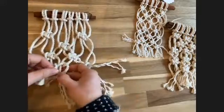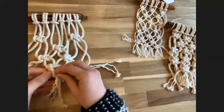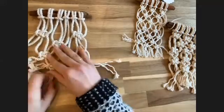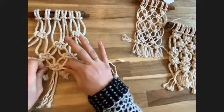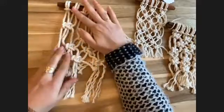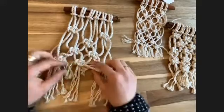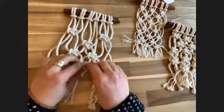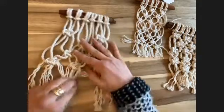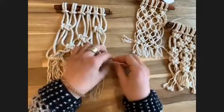And then the last thing we'll do is, as you're getting to the edge of your cord, again, if yours is a little longer, you can do another row of knots. You can adjust that spacing if you want. But if you're getting to fairly short pieces here like I am, the next step is going to be to unravel those edges again. So that's where, if you have any pieces like this that are kind of sticking up, when we unravel that, this cord is great because it unravels really nicely, and then they tend to sit flat. They have a little bit of curled texture to them, but you can also